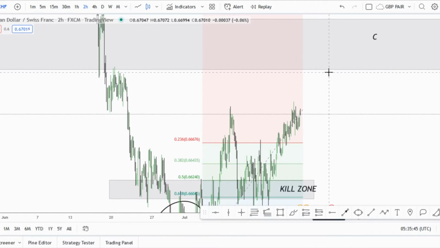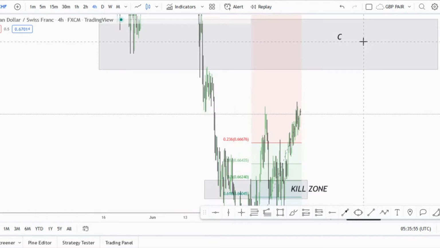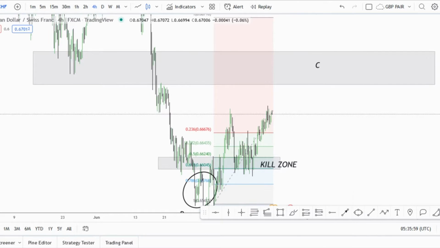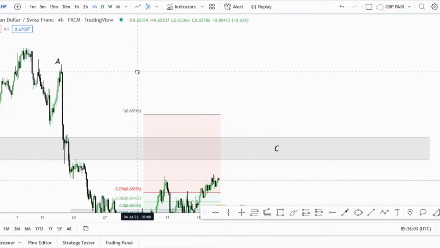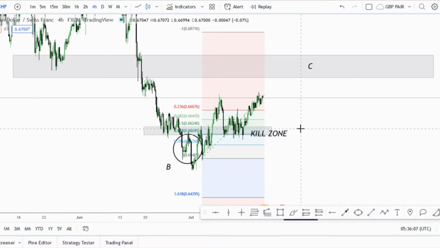So let's just look at one more example and then we'll be done for this pair. Like I said, I focus on just one zone, which is the 0.5 zone to the 0.618 zone. So from here,